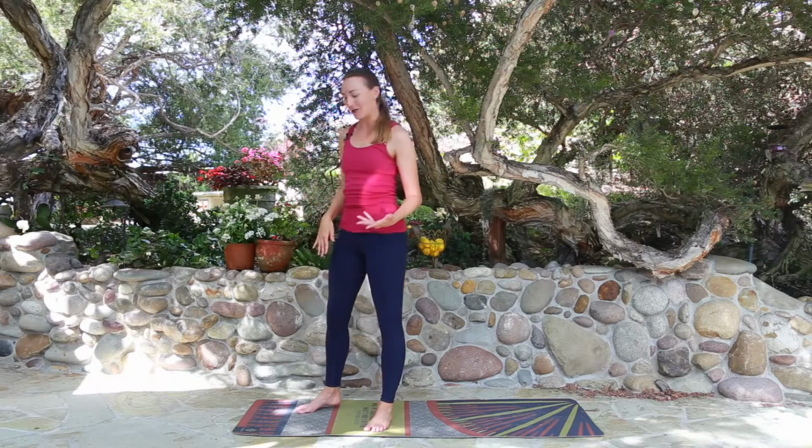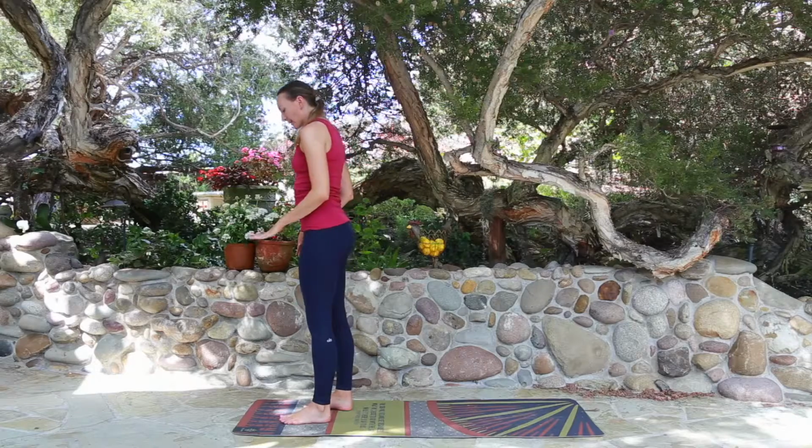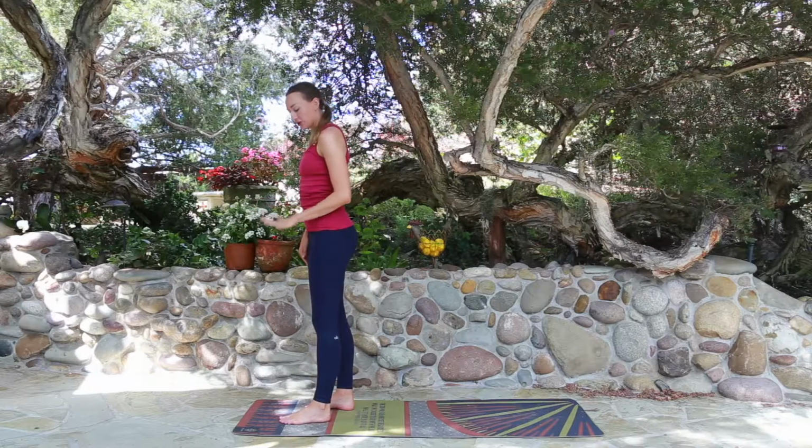So for our last balance that we're going to practice together, we're going to play with dancer. So I'm going to give a couple different variations for you to play with and practice at home. So we're always going to start the same way. So starting lifting the right foot, so we're going to ground through the